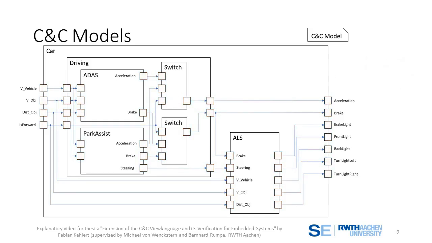This model is already pretty complex, even though it's just made out of 7 components. Manually verifying and documenting requirements in large software systems with several hundred components, like the one shown before of the Daimler AG, is very difficult. CNC views have been developed to face exactly that problem.